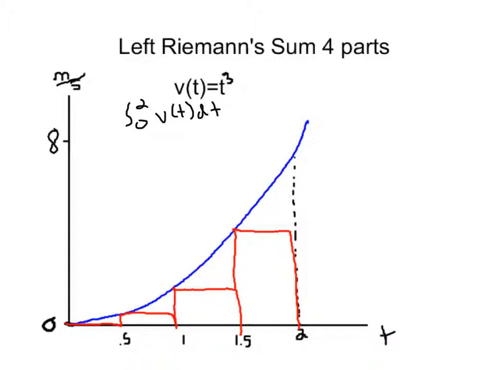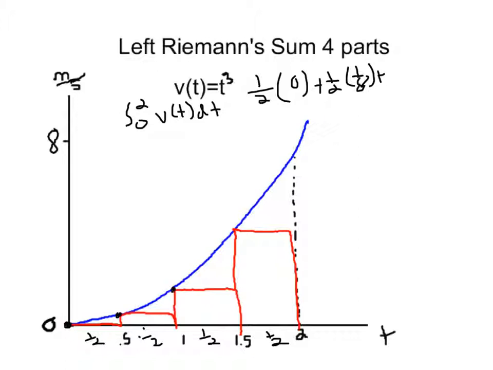So instead of doing an overestimation, Riemann said, what if I do a complete underestimation? He said, well, let's do a left Riemann sum in 4 parts. So 4 parts means that each one is 1/2 wide again. So 1/2, 1/2, 1/2, and 1/2. But this time I'm going to let the leftmost point dictate the height. So now I've got 1/2 times the height right here, which is 0, plus 1/2 times the height right here, which we already found is 1/8,